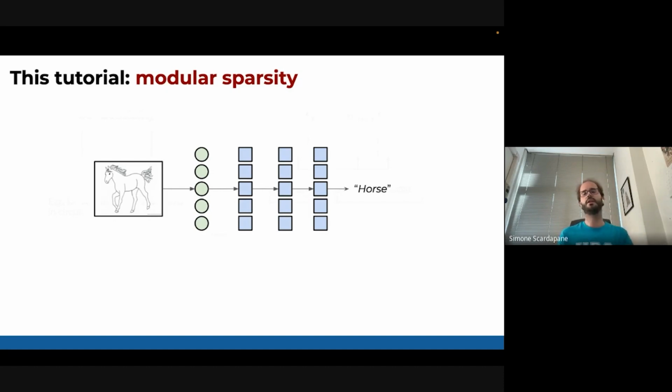Modular sparsity is the idea that in the future, what we will probably do is design these neural networks so that only parts of the network are active at any given time. And the network itself will probably choose what component to instantiate at every time.